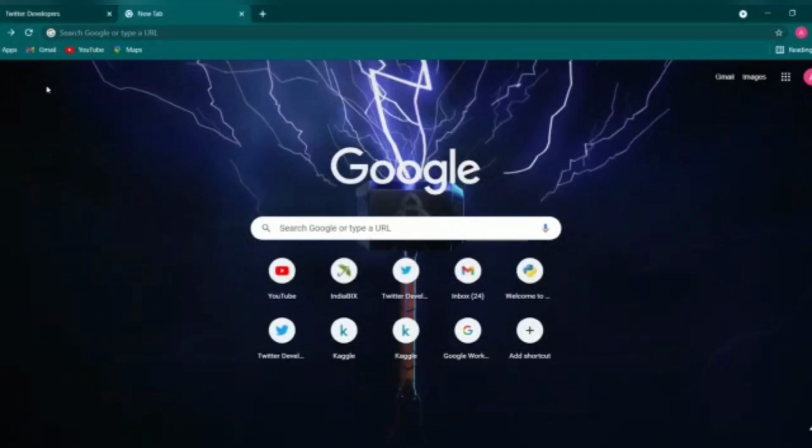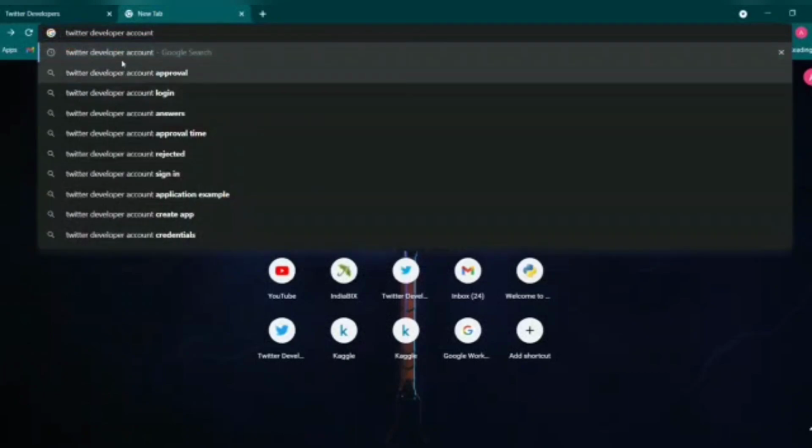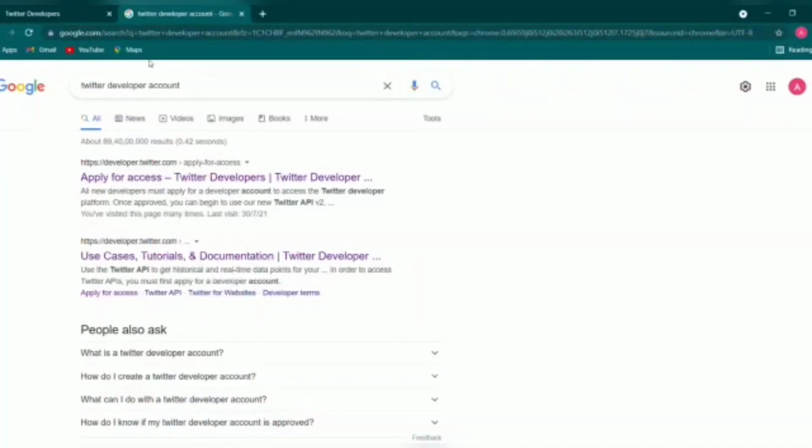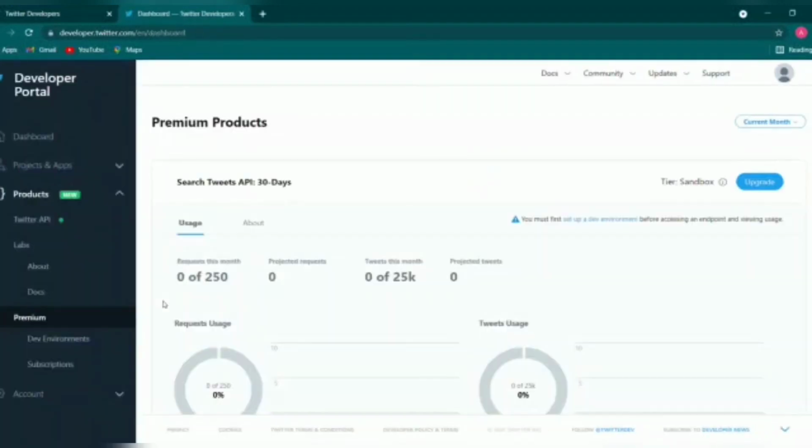To do sentiment analysis, we need a Twitter developer account. For that, we will click on the first line, which is apply for access. After that, we'll see this kind of interface, and then we will click on apply for a developer account. Once Twitter has approved your developer account, you can log into it and create as many apps as you want, and then we can generate the